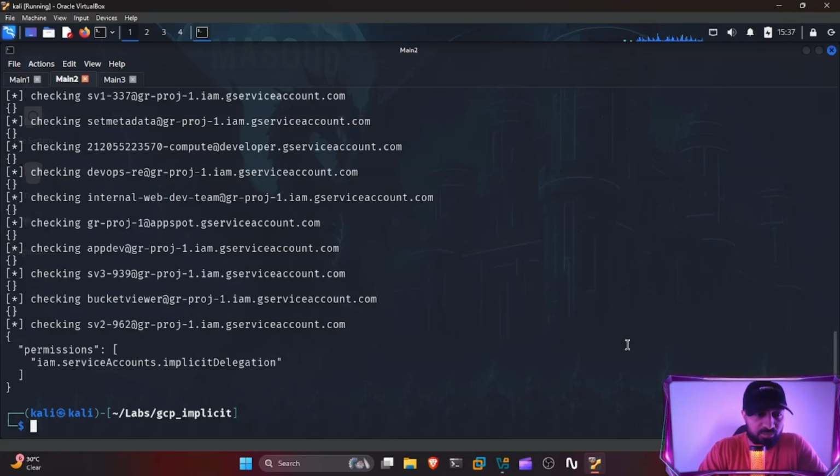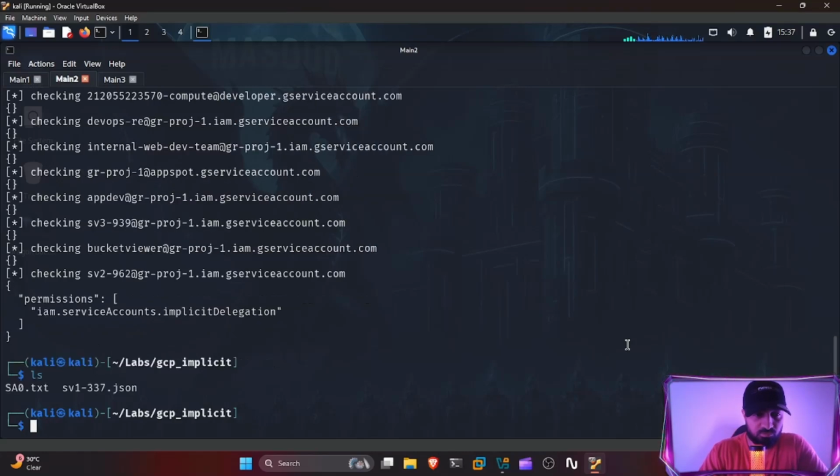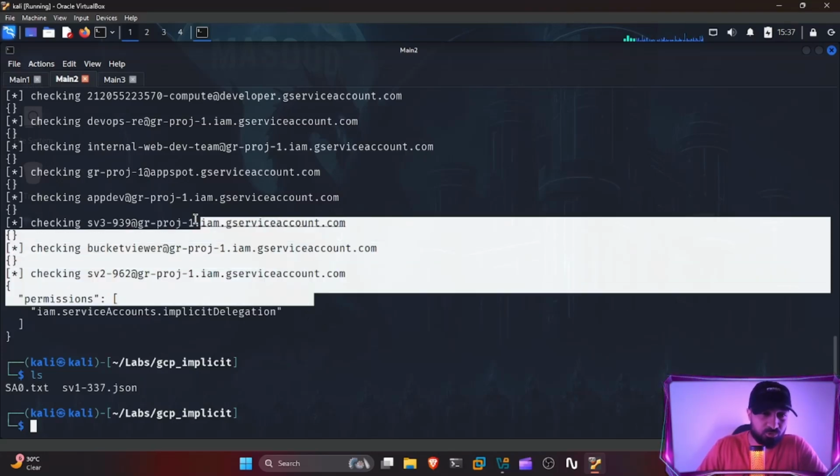Looks like we did have one pop. So on SV2, yeah, we are SV1, and the naming scheme is also quite generic. We have SV1 holding delegated permissions, implicit delegation, over SV2. So that is incredible. Let's go ahead and utilize this implicit delegation and loop once more through these emails